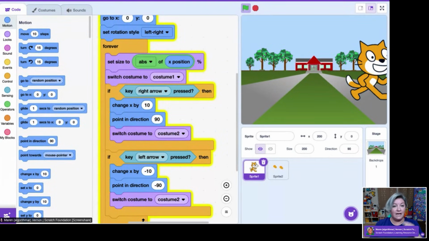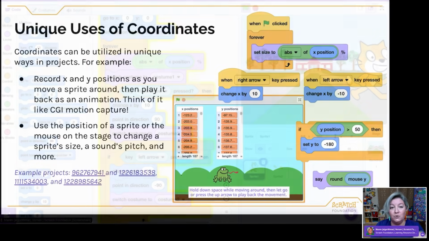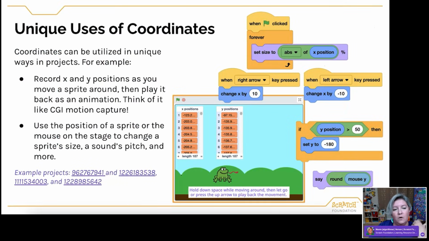Some of these blocks are maybe a little more complex, but you can play with these, and they don't have to be quite so complicated as I've made it here. But something like size relative to position on the screen could help students understand that idea of coordinates associated with numbers.